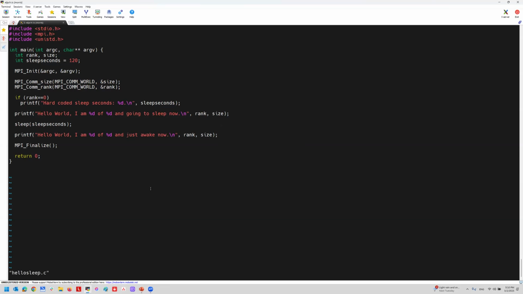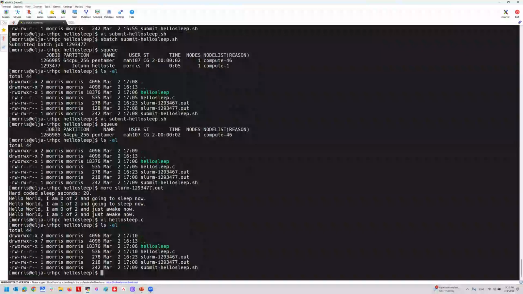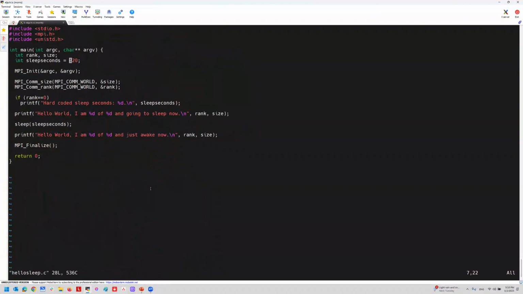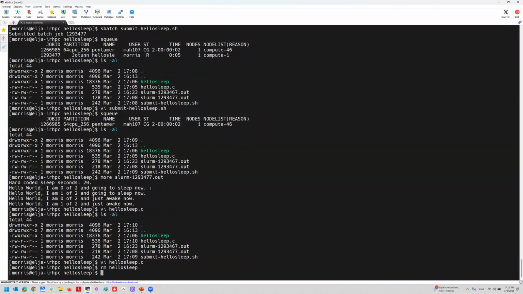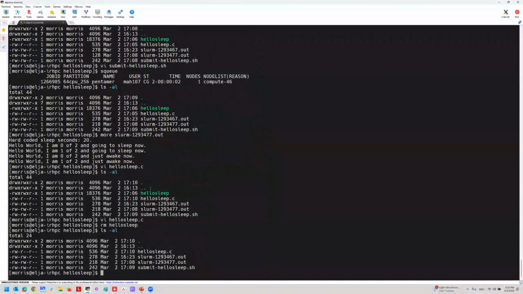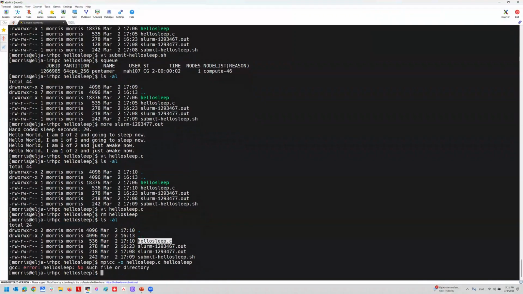But here it is now also important to think that we have changed the source code, right? So hello sleep.c, we have this 120 inside. Hence, we have to remove the executable because this was a hard-coded 20-second sleep that we don't want now. And to do this again, we have to do the same procedure and compile it again because the hard-coded 120 is inside. In order to make now the difference, we have,